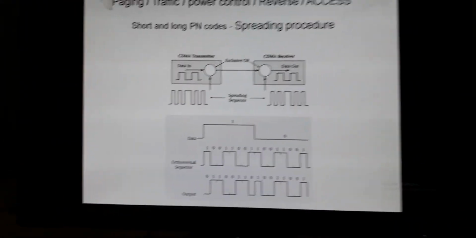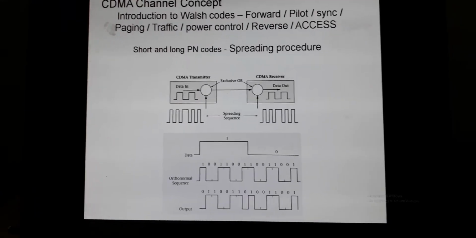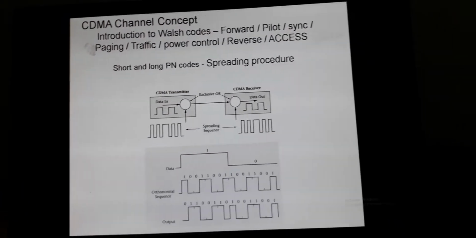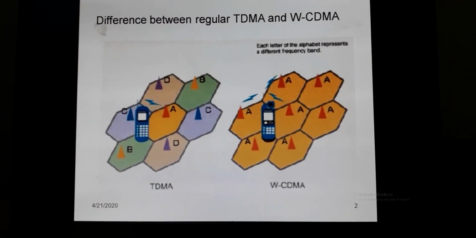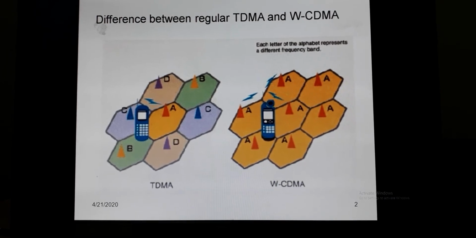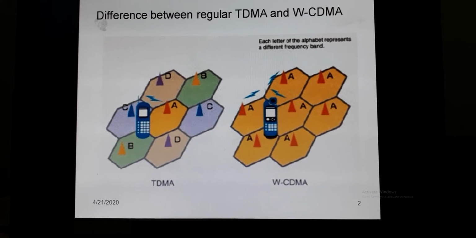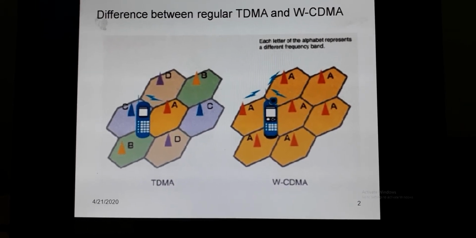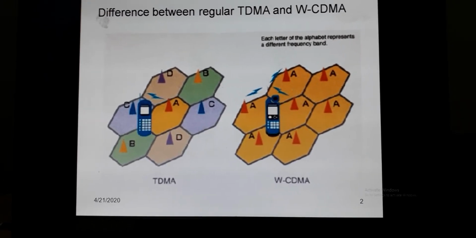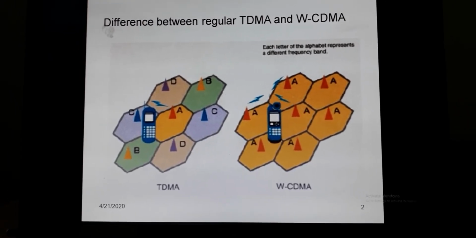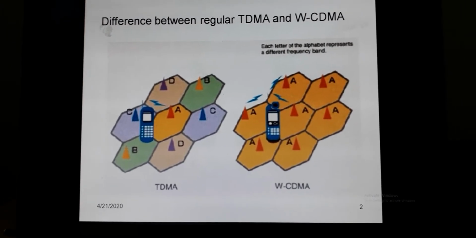This process is used in a CDMA call, because CDMA, as I showed you, has the cell structure and all cells have the same frequencies, so there is no restriction for frequency and time. Every subscriber will get the entire information which is transmitted from the CDMA. So in order to separate that, every subscriber has a separate code. That's why the name is called CDMA, code division multiple access.